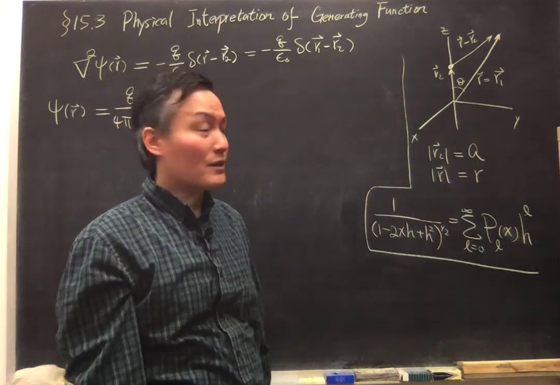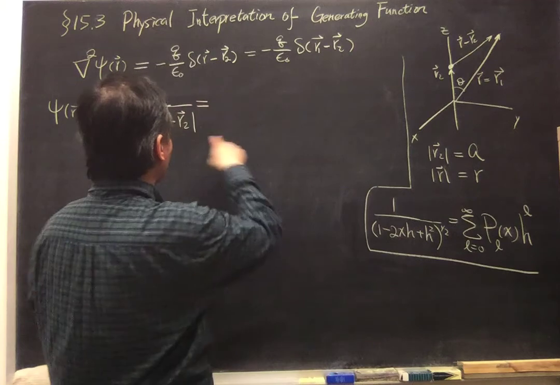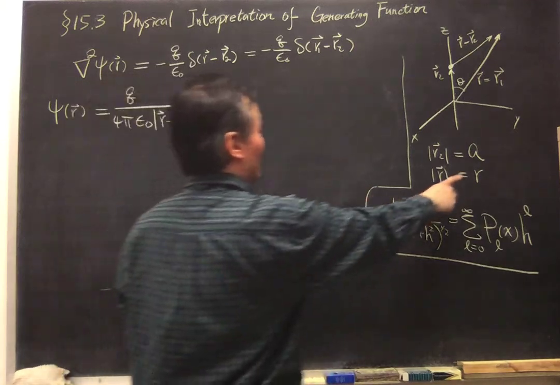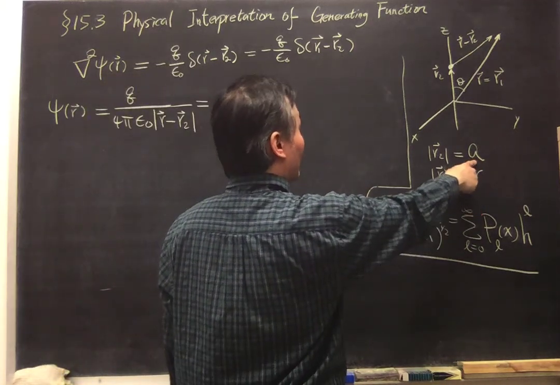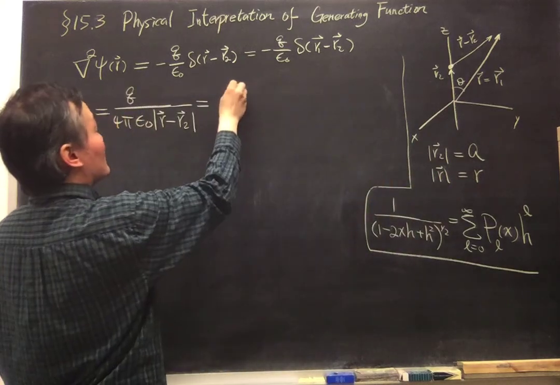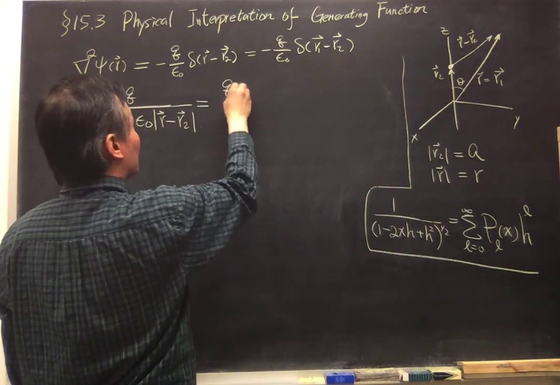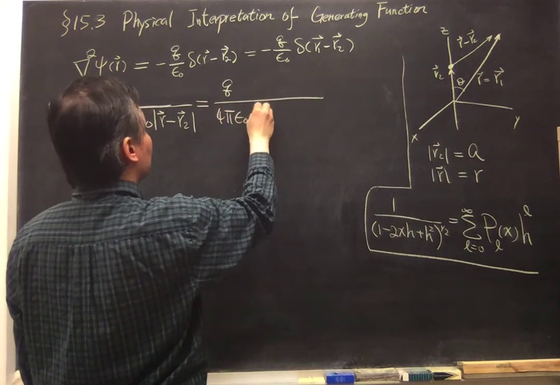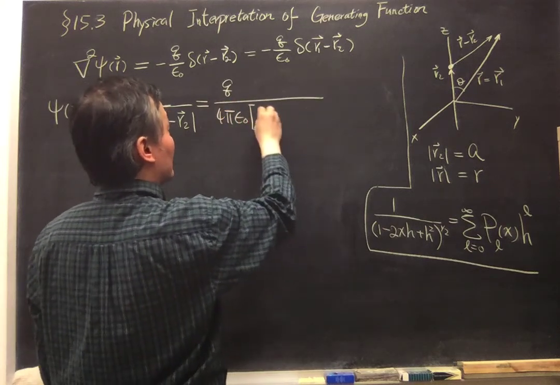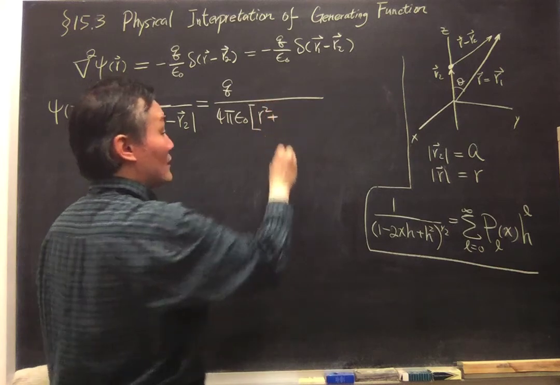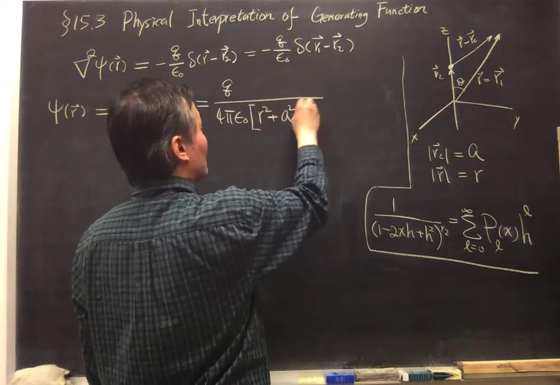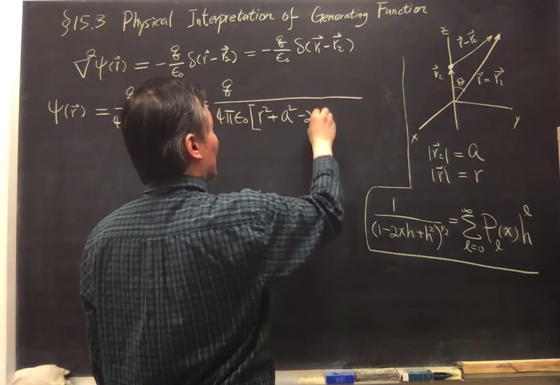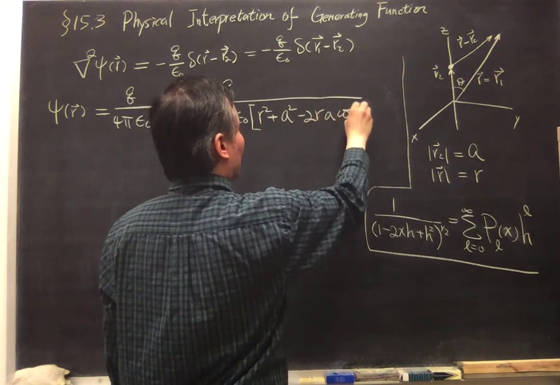Then we can use the cosine theorem to express that as a function of R, A, and theta, which is now Q over 4 pi epsilon 0, and this distance is R squared plus A squared minus 2RA cosine theta,